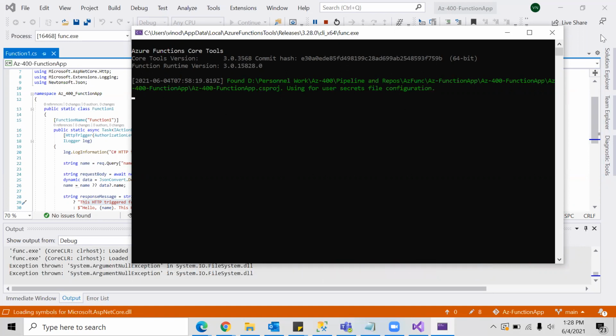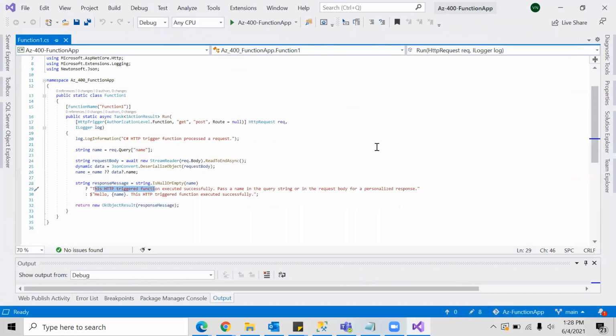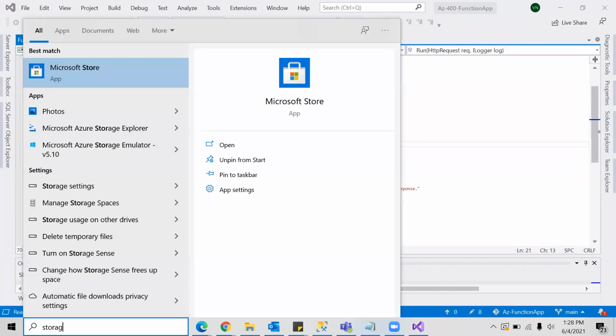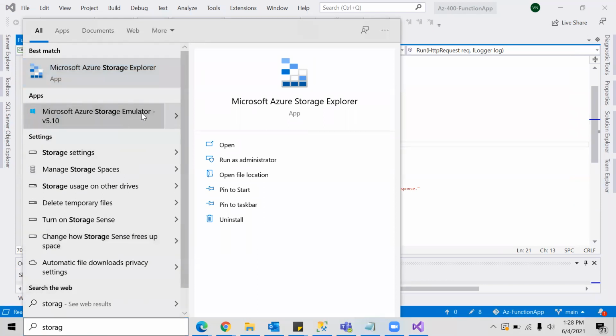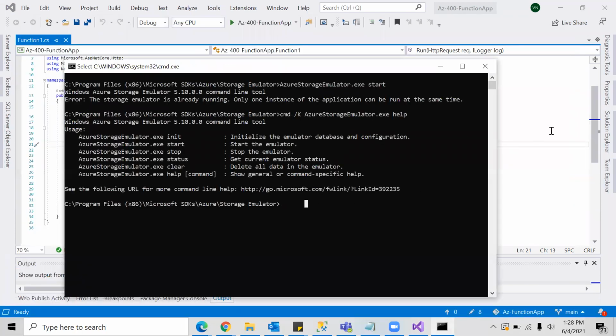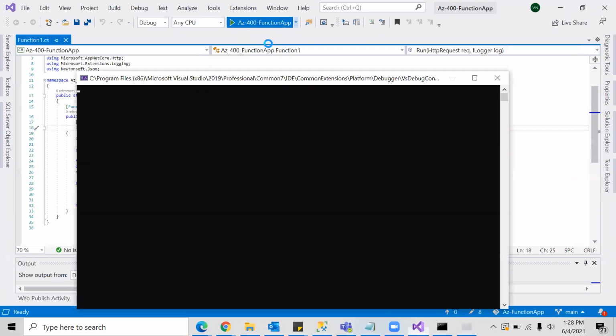Okay, what I will do is just manually open that storage emulator and run this.